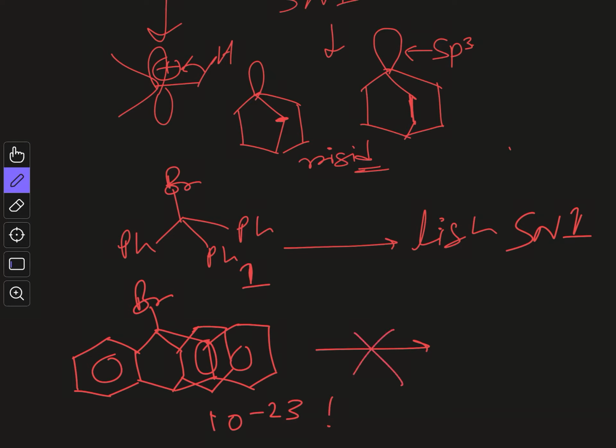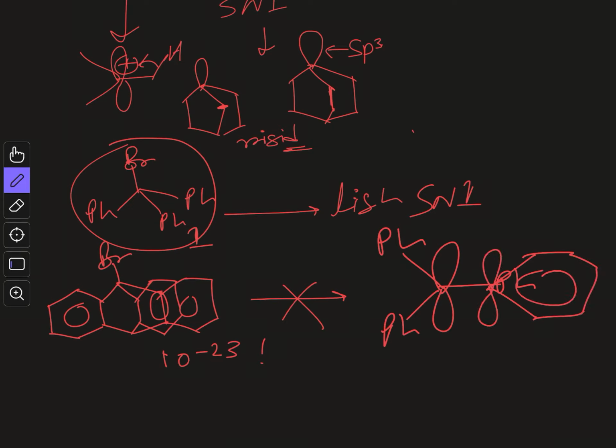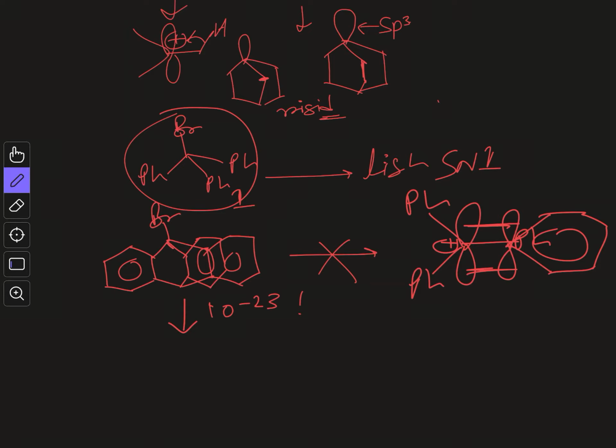Now again, why? Because in this case you can see whatever carbocation will be formed like this, Ph. So this is almost planar, and all this phenyl ring, they will have conjugation. The p orbital of the benzene ring will have conjugation with this vacant p orbital. But in this case, this planarity cannot be attained due to the rigidity of the structure. Due to the rigid structure, the planarity cannot be attained, and the carbocation is not stable, and that's why it will not undergo the SN1 reaction. So this is the effect of substrate on the rate of SN1 and SN2 reaction.